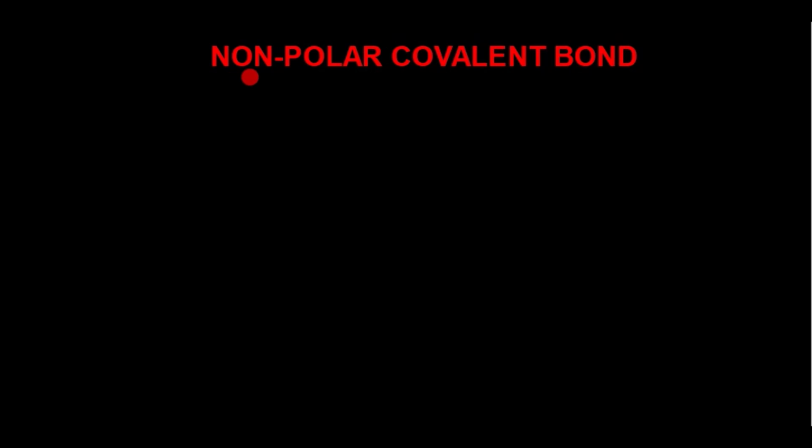In this video, we will discuss non-polar covalent bond and polar covalent bond. Let's see what is non-polar covalent bond. A covalent bond which is formed between two similar atoms, between two like atoms, or we can say homoatoms. Then the shared electron pair is equally distributed or centrally distributed between the bonded atoms. Both the atoms exert same force of attraction on the shared pair of electron. Such type of covalent bond is known as a non-polar covalent bond.